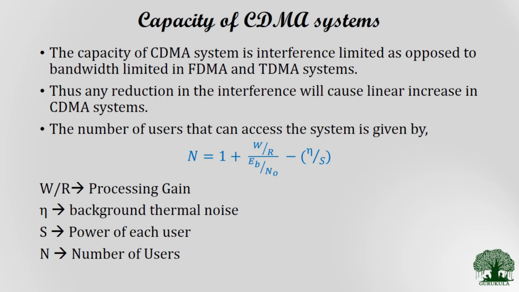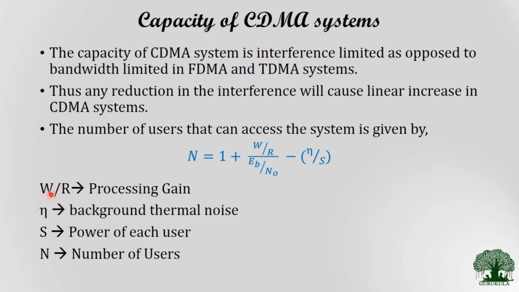Then, to talk about the capacity of code division multiple access, we said that there is no hard limit on the number of users that can be incorporated into a CDMA system. However, we cannot include an infinite number of users, since it degrades the performance of the entire system. Actually, the performance will be degraded for each and every user present inside the system. So it is always better to have an acceptable limit, where the number of users that can access the system at the same time is given by the equation shown here,